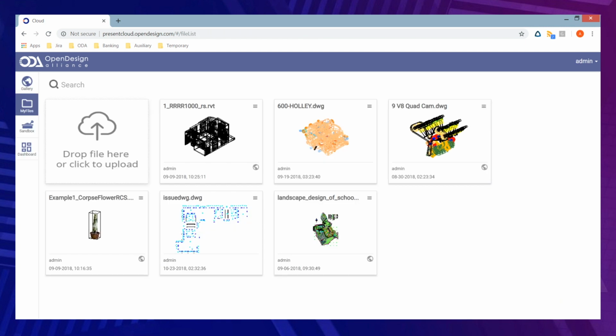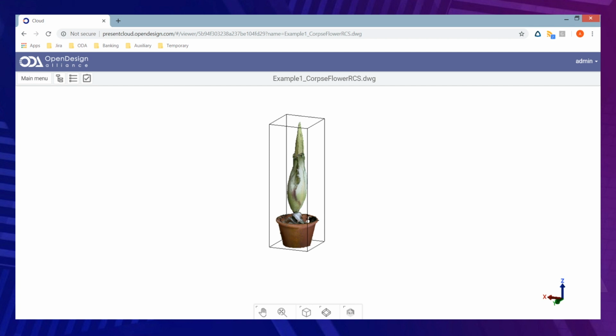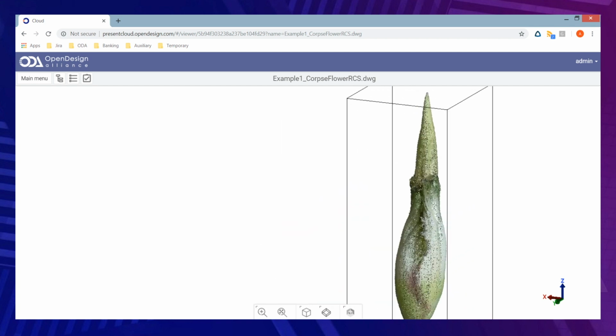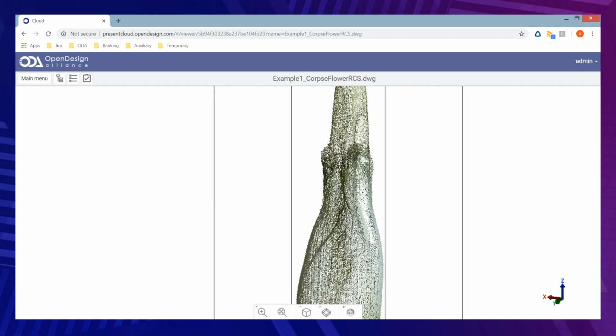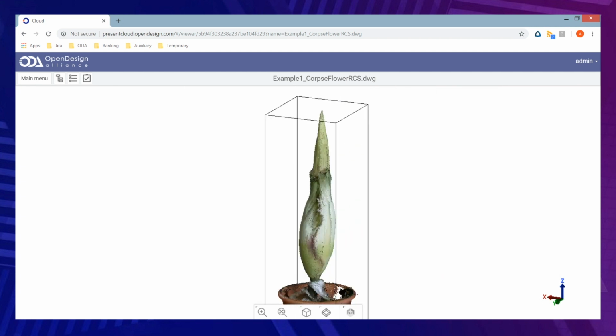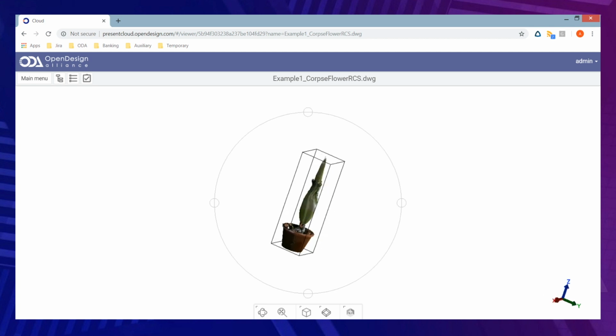And I want to show you that we are able to open files with point clouds. You can see this model, this tree with a lot of points. It's quite performant, and you're able to open it and view it.